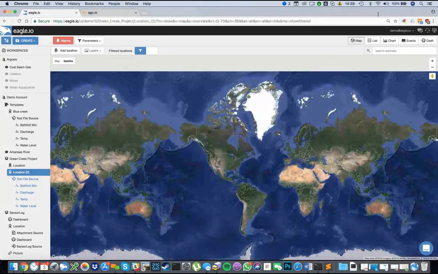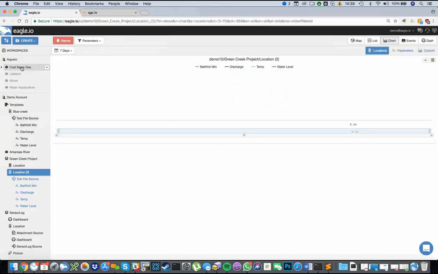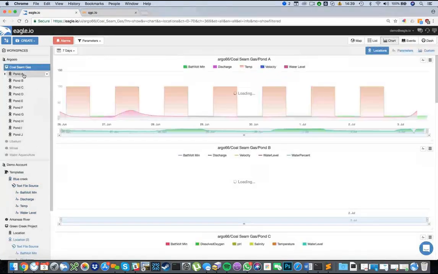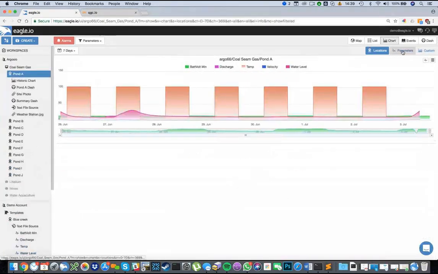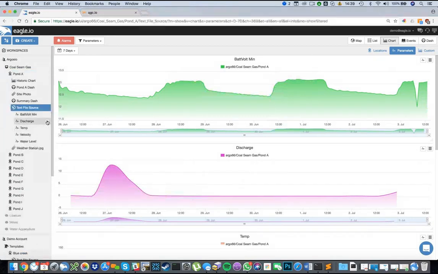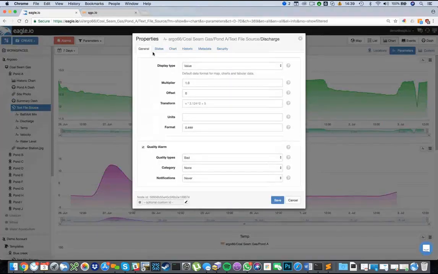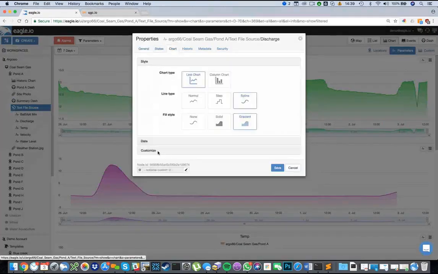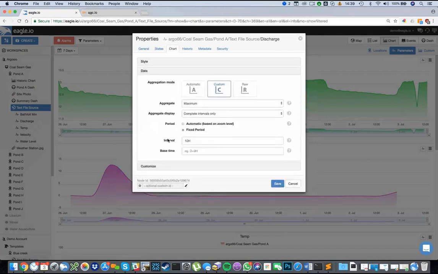Let's have a look here. With our data, we also allow our clients from the charting package just here. Let me click in and have a look at some sensors from our coal seam gas project. We allow our clients to set aggregates to the chart. So for an example here, we can go into the discharge, find that sensor, go into the properties, and for an example, go into chart, and in the data view just here,